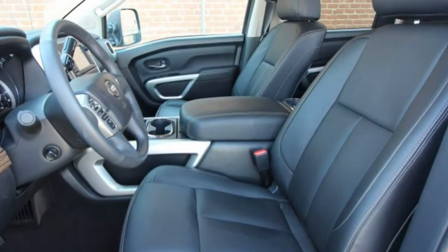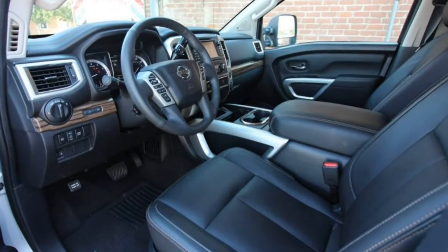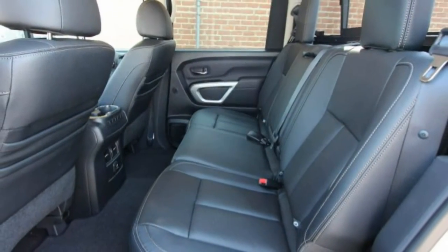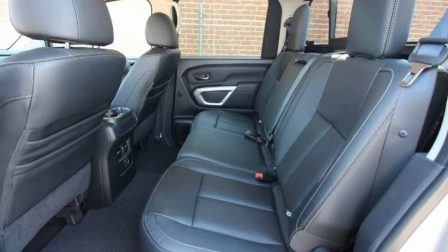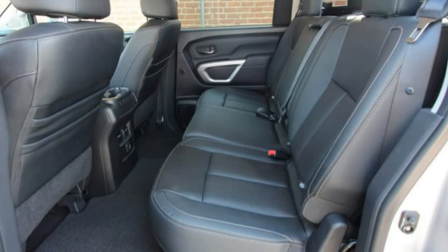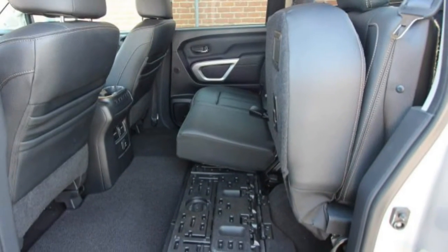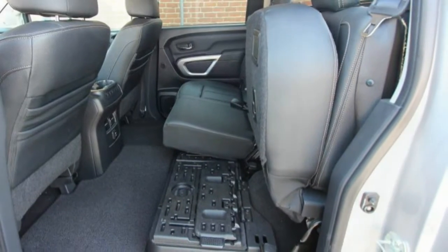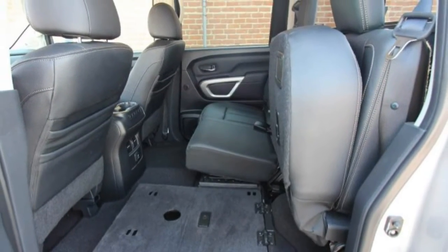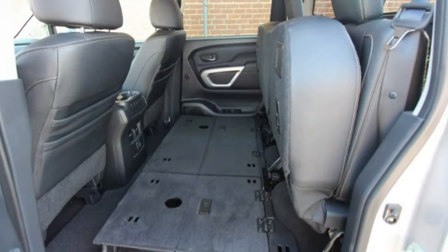This truck's tow rating of 9,390 pounds is an improvement of 190 pounds over that of the 2015 Titan SL. Where the previous Titan crew cab carried EPA ratings of 13 miles per gallon in the city and 18 miles per gallon on the highway, the new one comes in at 15 miles per gallon in the city and 21 on the highway. In mostly light use, no towing, no heavy loads,